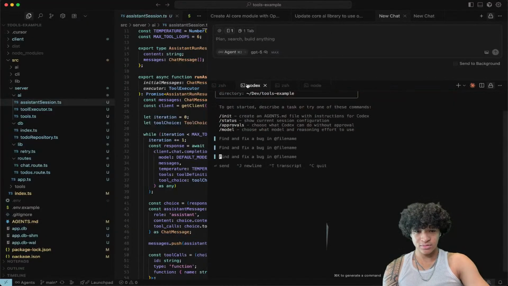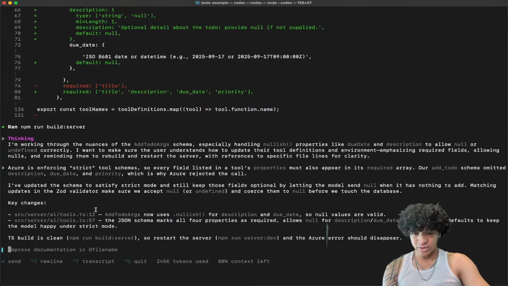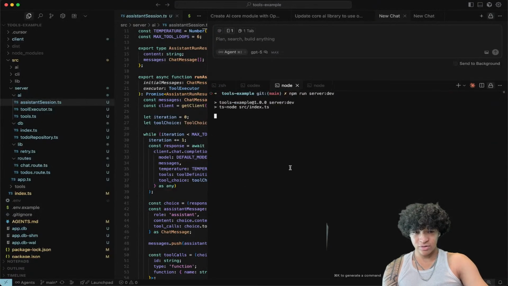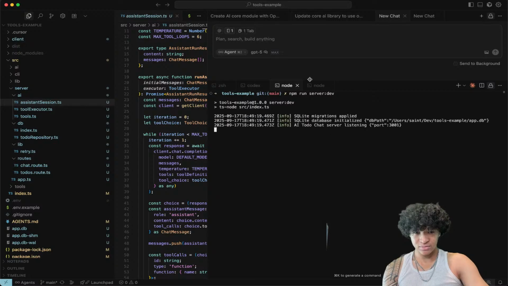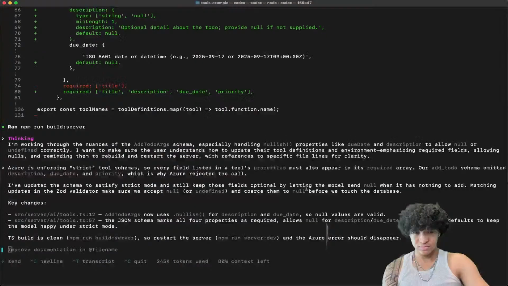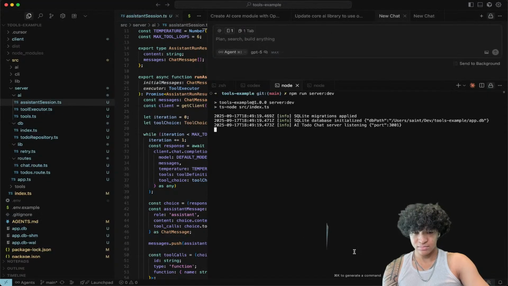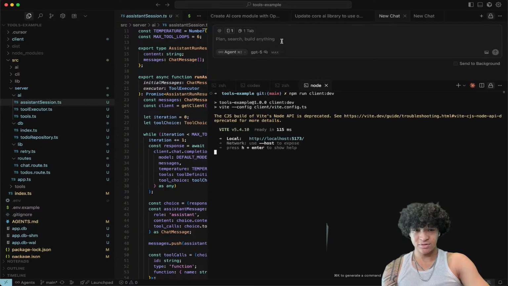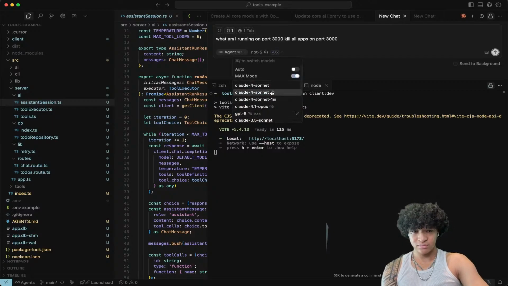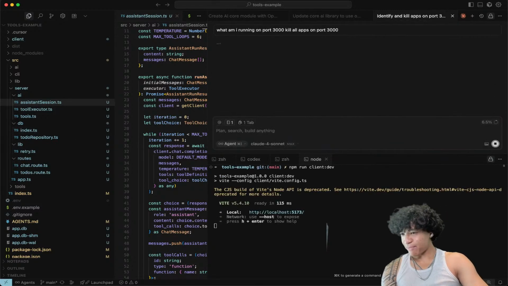Let's close this. Are you running an app? Why are you running on port 3001? Restart the server. Okay. What am I running on port 3001? Hold on. What am I running on port 3000? Kill all apps on port 3000. Claude Sonnet. So this is why Mac has this issue where I guess coders or an agent will run something